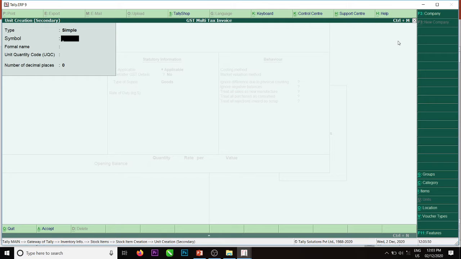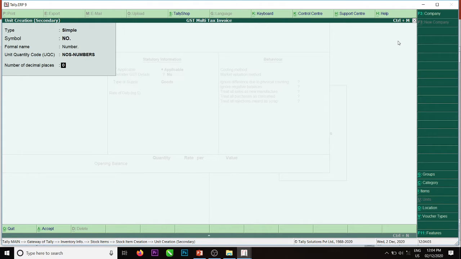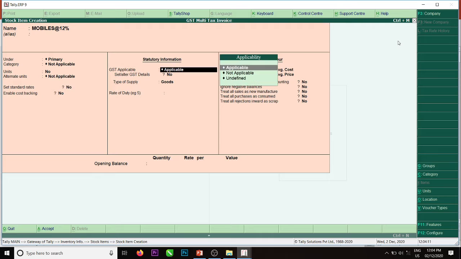Number. Here it is giving invoice. Right. Select the NO. No alternative units. GST is applicable? Yes, it is applicable.